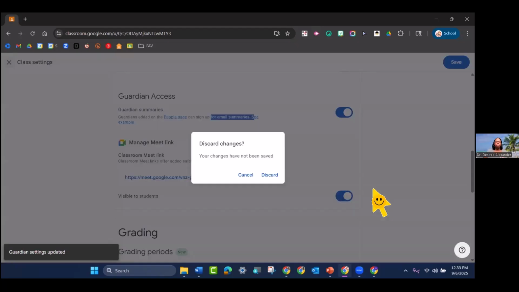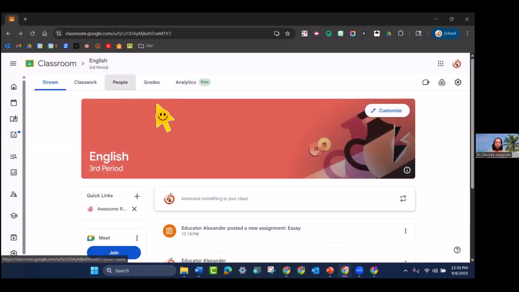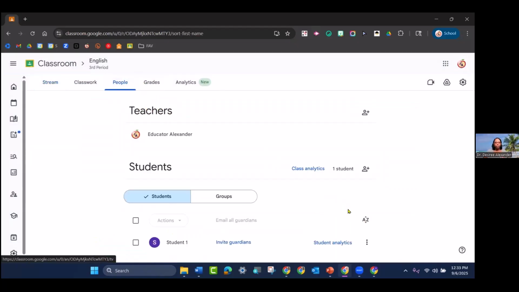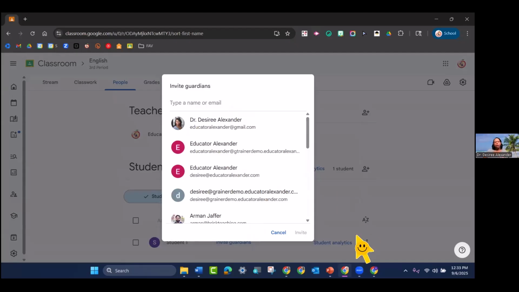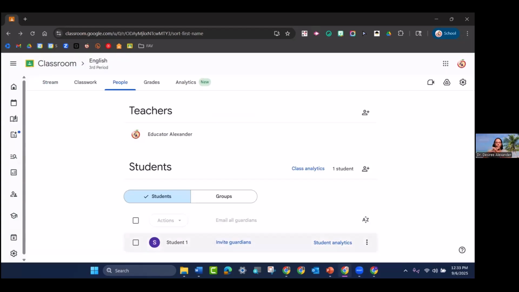How do you get your parents in? Under your people tab, notice I have students and then I have invite guardians. So I would click that and I would type in the guardian's email address. And then I would click invite. If they have 50 guardians, then type in 50 guardians and hit invite. The cool thing is since they're part of a school district, as long as one person does it, it follows